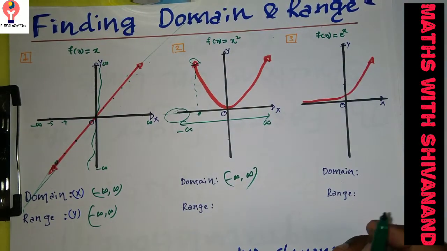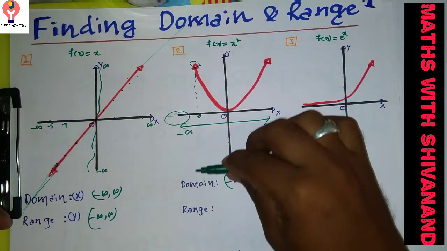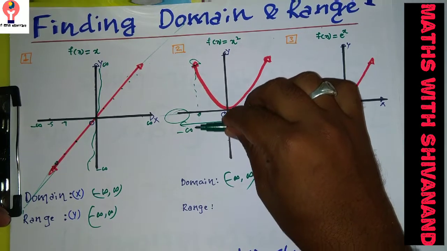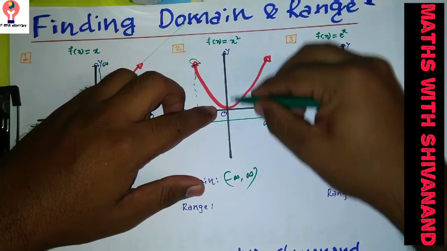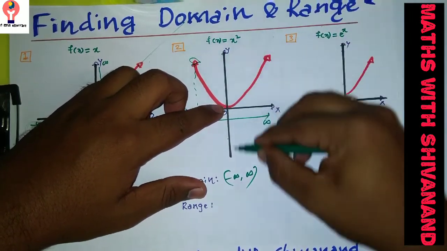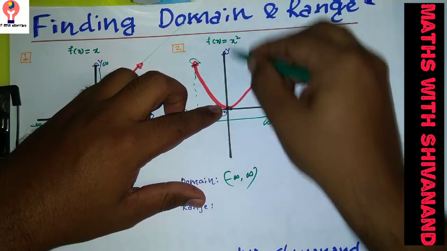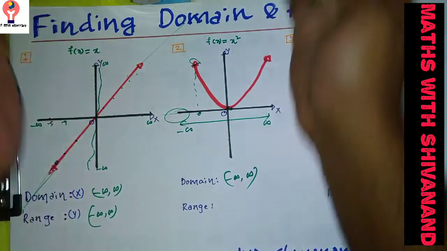Then what is the range here? Range is nothing but the set of all possible values of y. Check the graph along the y-axis here. I need to start my journey of range with the 0 y value. So check the y-axis value. It's 0, no? 0, 1, 2, 3, 4. So right from 0 to infinity your graph is moving towards infinity, no?